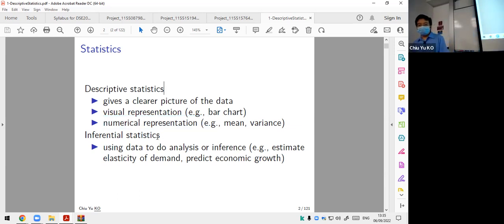And the second was inference. Use data to do things. As I told you, this class learned several things: estimation, hypothesis testing, ANOVA, and regression are the 4 things we learned from this class. A lot of things in the economics or business world are things we estimate: demand, elasticity, predicting economic growth, interest rate fluctuation. All those things are based on statistics. We'll have a model to predict what's going on in the future: the unemployment rate, or whether the interest rate in the next meeting is going to go up by 50 basis points, or 75, or 1%, or 100 basis points.